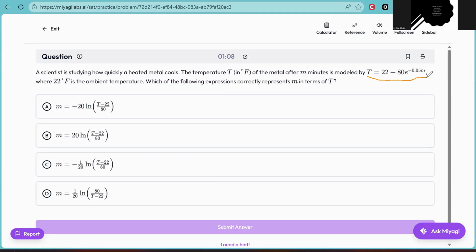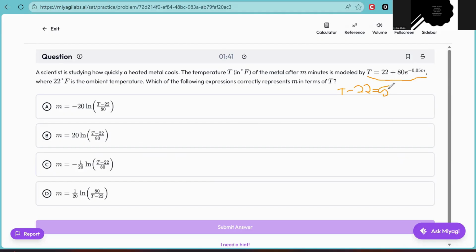Okay, so this is a little complicated, because we want to isolate the exponential variable. We're given the equation T equals 22 plus 80e to the negative 0.05M. So for the given equation, we would like to subtract 22 from both sides. We're going to go T minus 22 equals 80